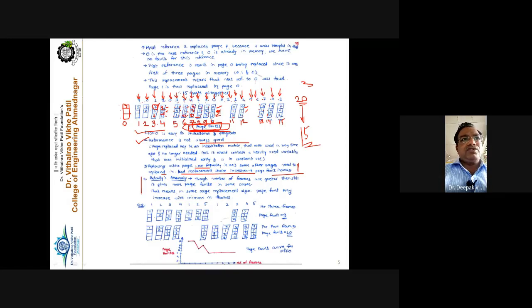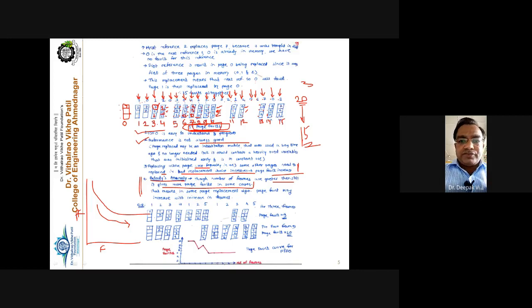So very importantly, it suffers from Belady's anomaly. Remember this example, try to understand this example, very important. Belady's anomaly says that though the number of frames is greater, it still gives more page faults in some cases. So what is our hypothesis for the page replacement algorithm? As we saw in the earlier slide, the graph is like this: increasing the number of frames is going to decrease your number of page faults, right?